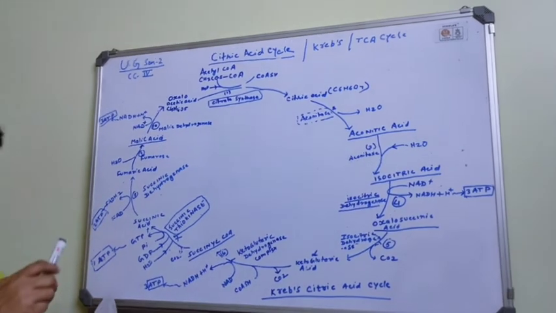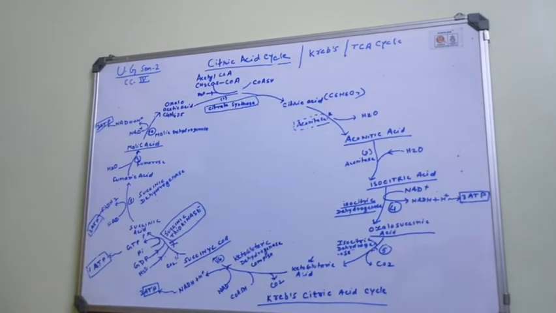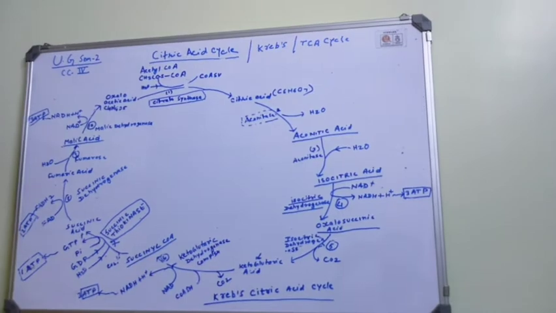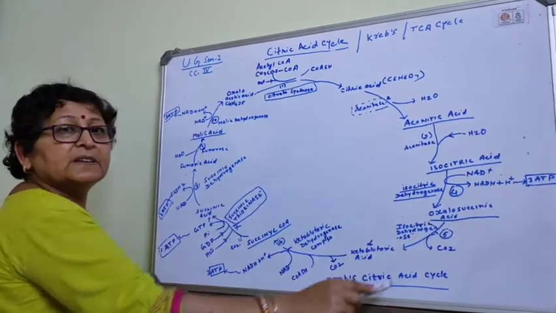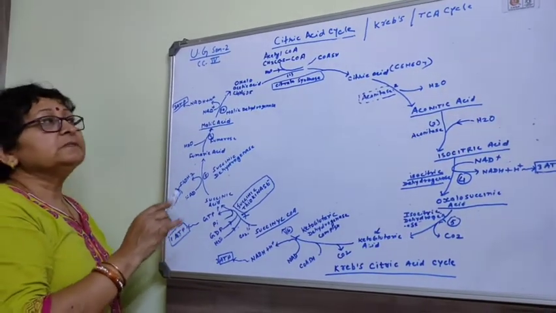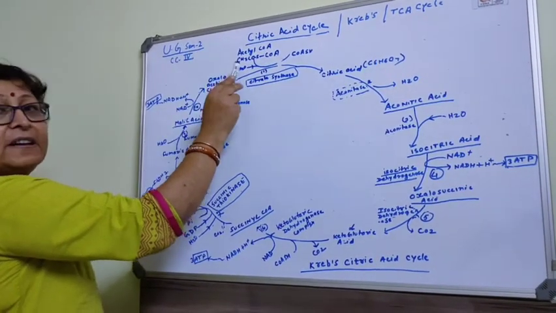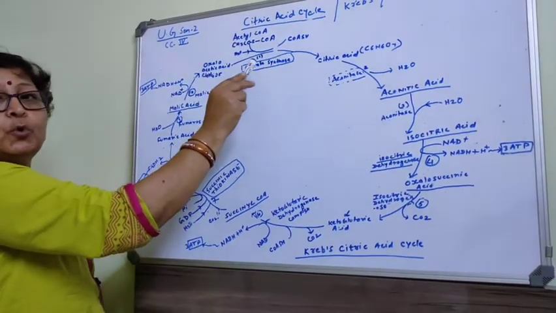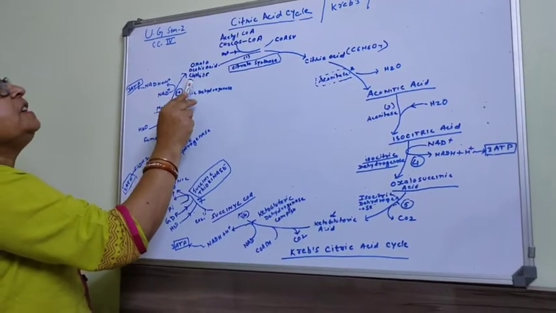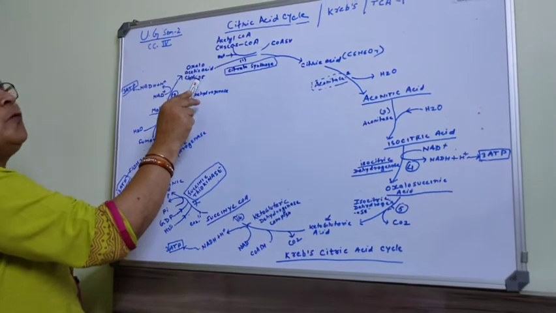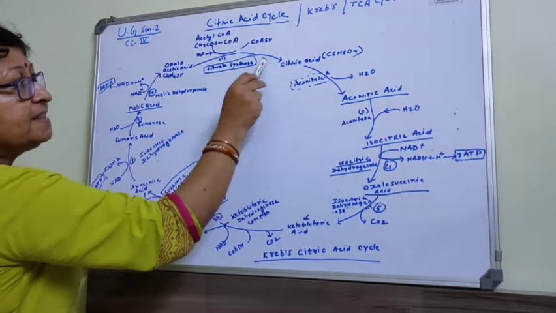Sir Hans Krebs showed that this Krebs cycle reaction occurs in the matrix of mitochondria. For this, he got the Nobel Prize. There are 10 steps in this Krebs cycle reaction. In the first step, acetyl CoA, which has a two carbon molecule, combines with oxaloacetic acid, C4H4O5. It has a four carbon compound and forms citric acid.